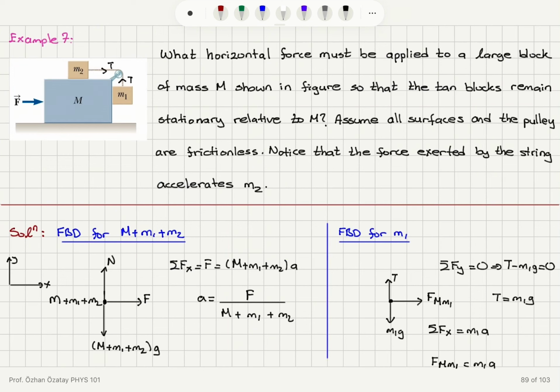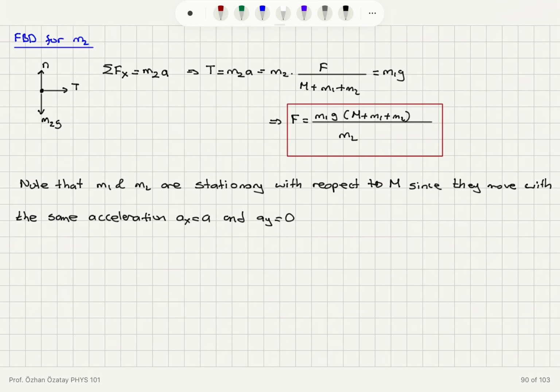And it was also mentioned in the problem that it's the force exerted by the string that accelerates M2. So tension is equal to M2A, which was also found to be M1G. So this gives us the horizontal force we need for the common acceleration on the x-axis and no acceleration on the